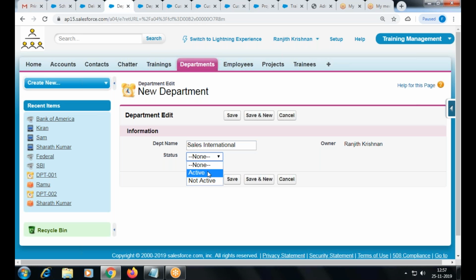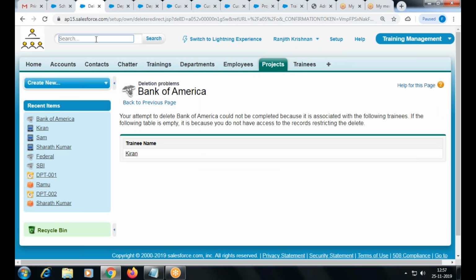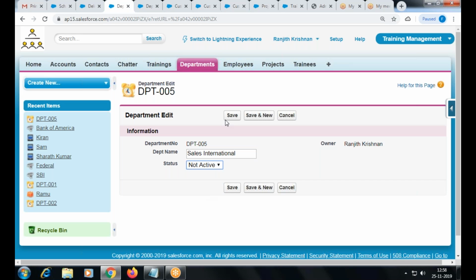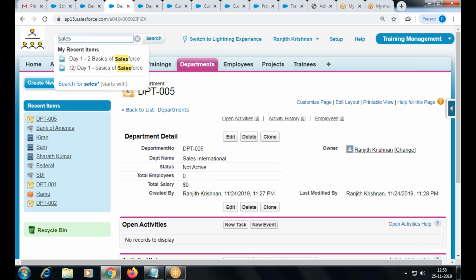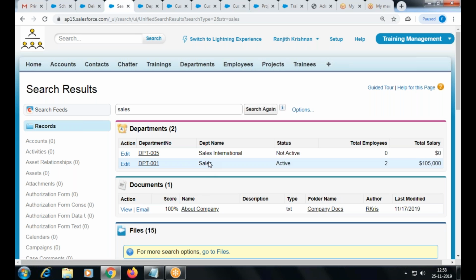Okay, there is a department which deals with the local sales, and there is a department which deals with the international sales. I make it not active, right? Sales, search it. I get 2 records here.